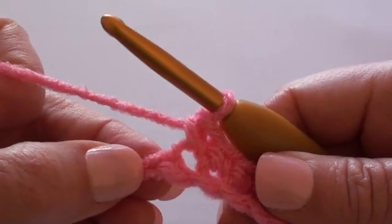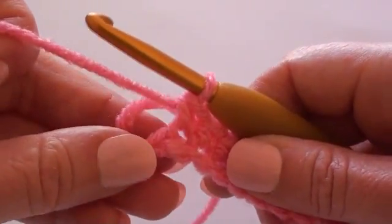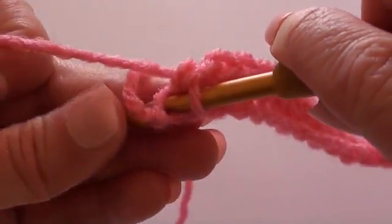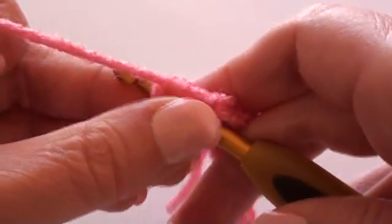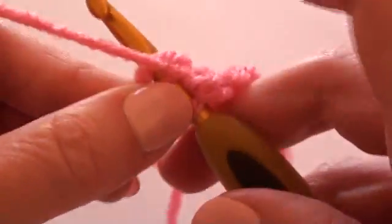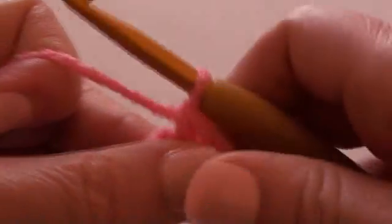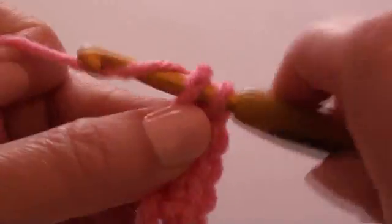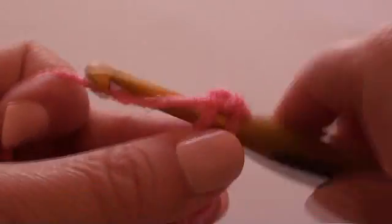And we're going to do 3 single crochet stitches into the last chain stitch. Now with the first single crochet stitch, we're going to put the tail over the hook like that. You can see the tail is over the hook, and make the first single crochet over that tail, and then just leave that flapping behind there. And then we'll do 2 more single crochet stitches into the same chain stitch. So 1, 2,